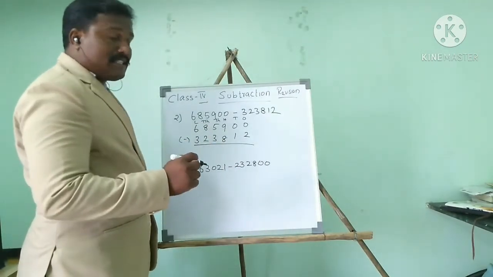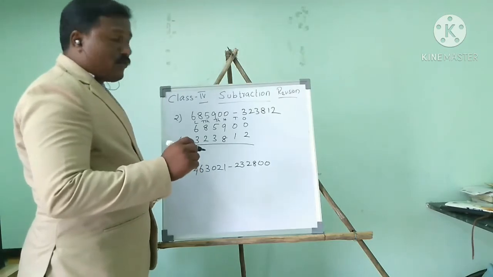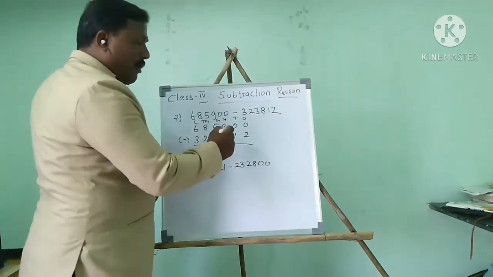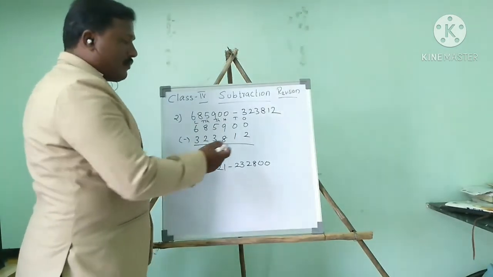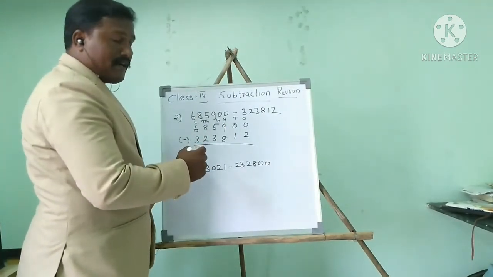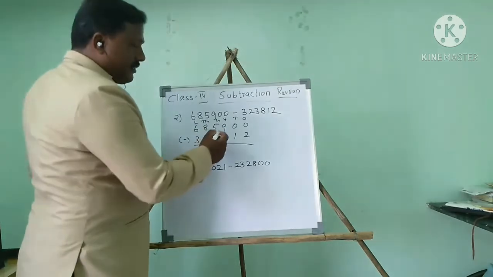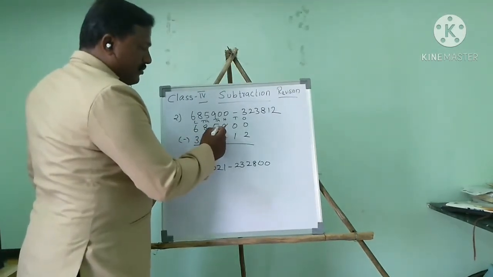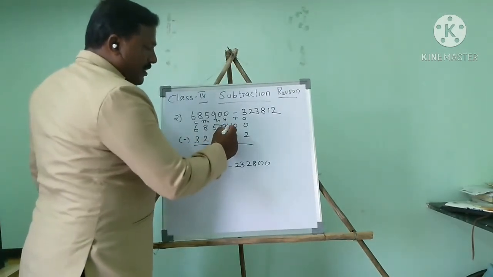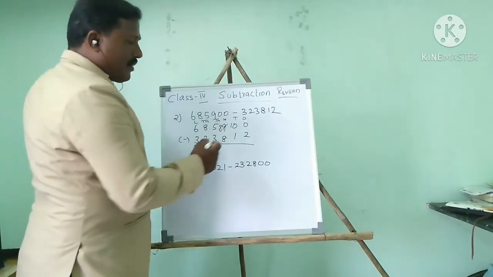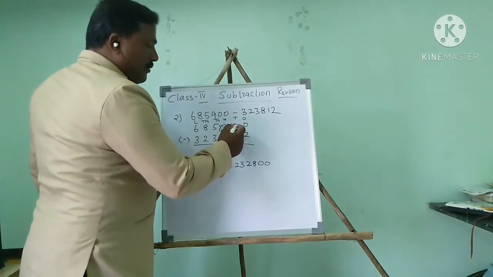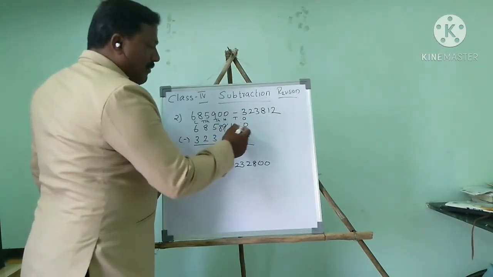Can you subtract in this number? We can't subtract. So what will we do? We have to borrow from the nearby number. But here also there is no number, so again I am going to borrow from the nearby number. Here 9 is there. So I will borrow 1 here, so it becomes 8. Here the 1 comes, it becomes 10. So again I want to move forward.